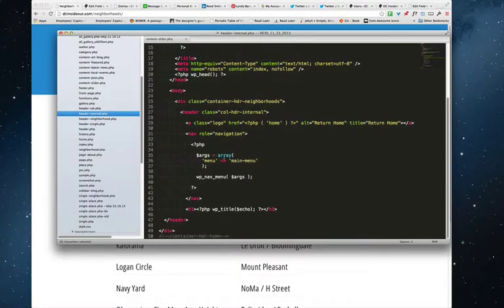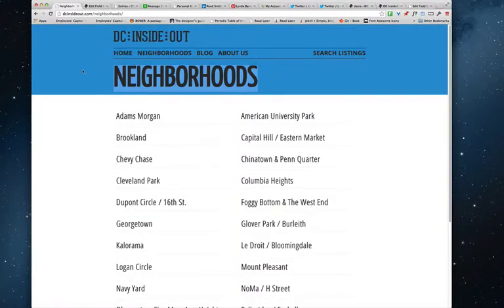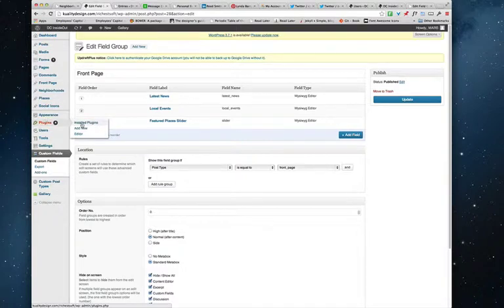Wait, actually I'm calling it right here, PHP WP title echo, and I don't want to do it this way. I want it to have the title of the page, but I don't want it to be calling it from the page. The reason why is because I want to install a plugin